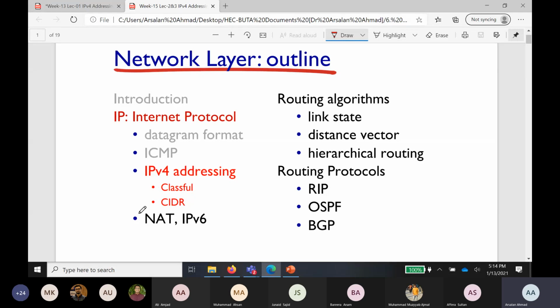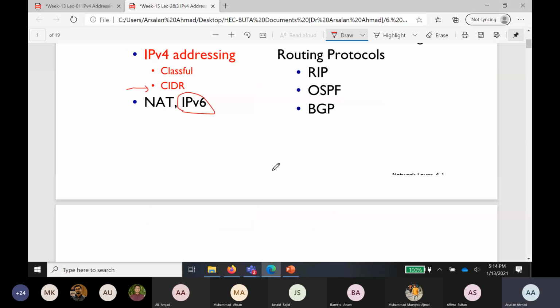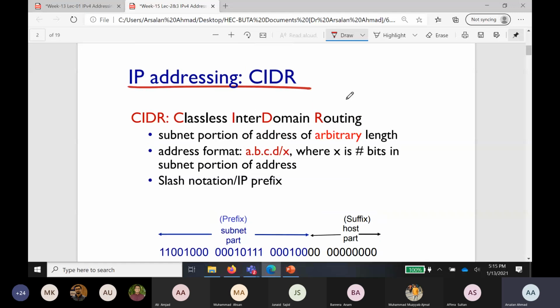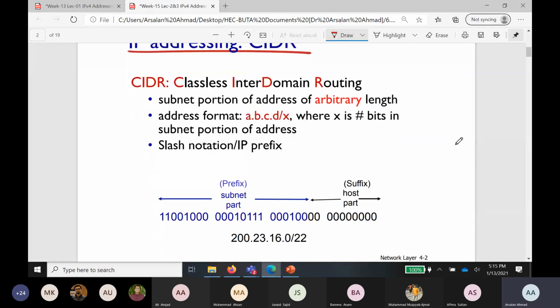Instead, the addressing technique that has been used from the mid-90s up until today is CIDR-based IP addressing, and this concept is carried on in IPv6 as well. So what is it? Let's start today's lecture from here onward. CIDR, classless inter-domain routing, says that our address can be of the form